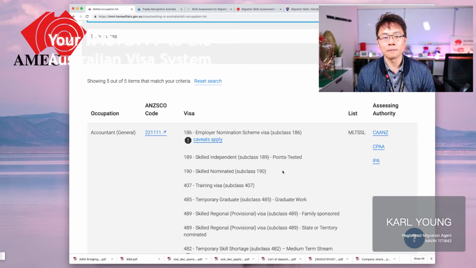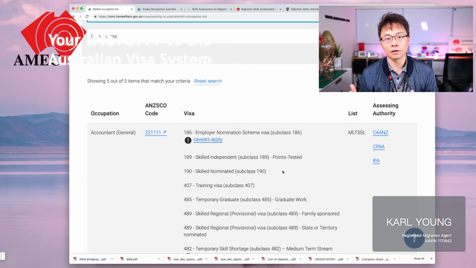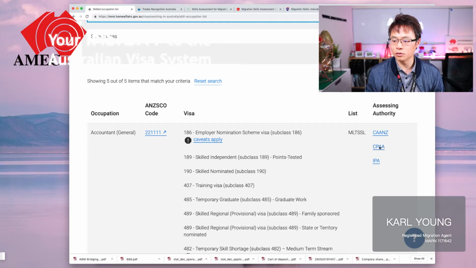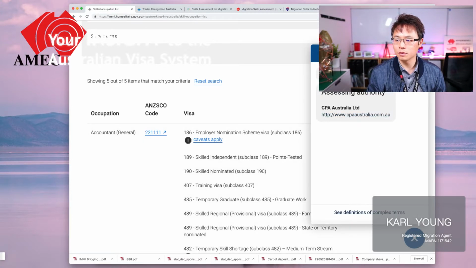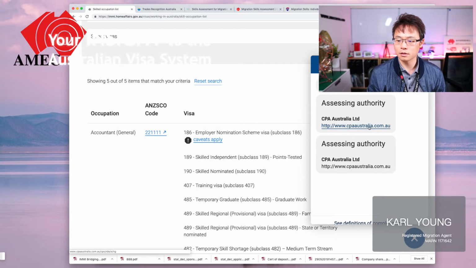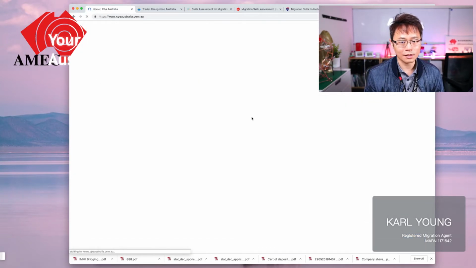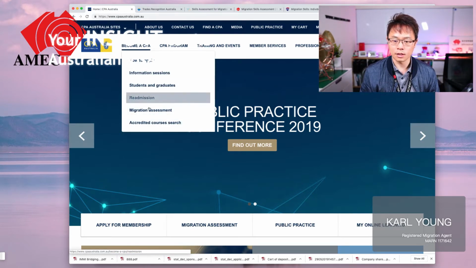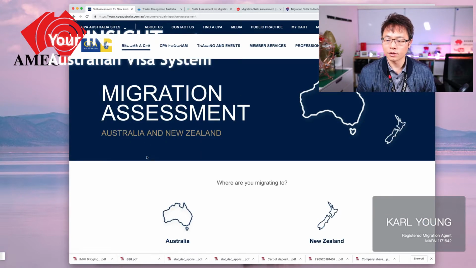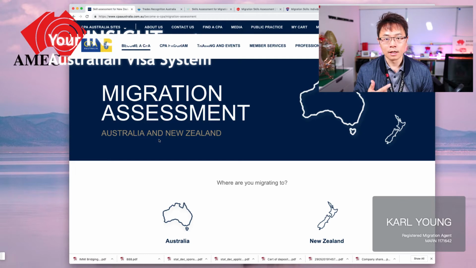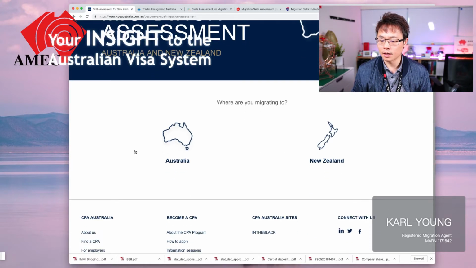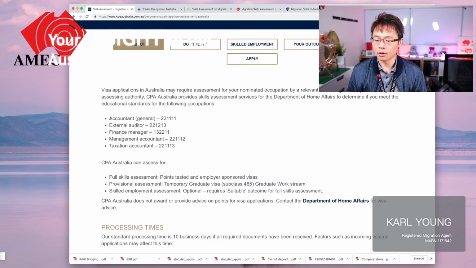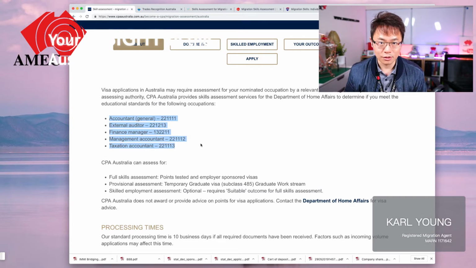Now I will take it further to introduce you to different types of assessing authorities and what their requirements in generic terms are. So if we go to, say, CPA, how do we go there? Okay, let's punch it in. Let's go there. That's for accountants, and generally here, if you go here, you can see migration assessments, and it says they can assess either Australia or New Zealand. Okay, and then if we pick Australia, it should tell you the occupations that they're eligible to assess,